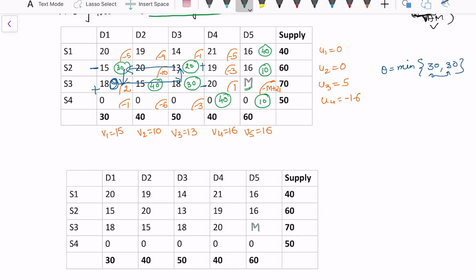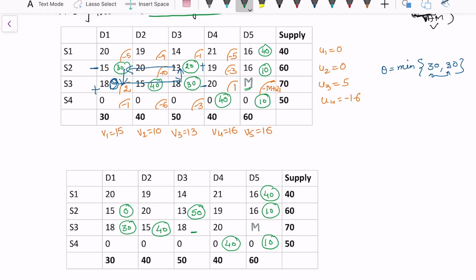So in the first column, suppose this 30 comes in this position, and I am vacating the other one, and I'm leaving here 0. So I'm vacating this, I'm leaving this as a non-basic cell, and then I'm left with a 40 quantity here. This is 20 plus 30, so that makes it 50, and the remaining are as they are: 40, 40, 10, and then we have 10 units here.